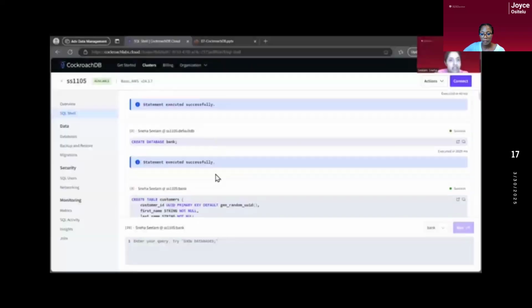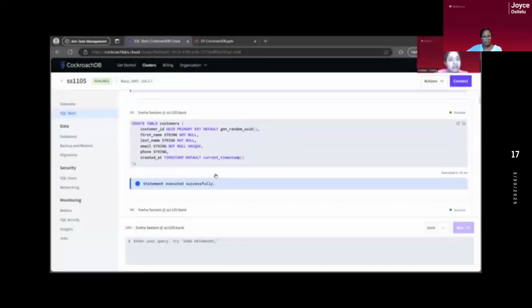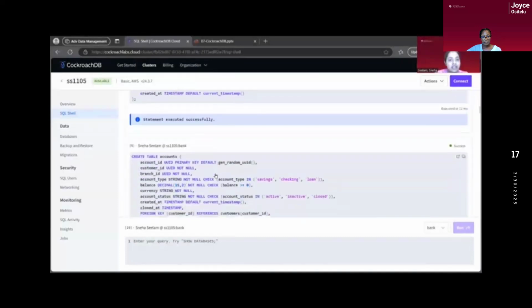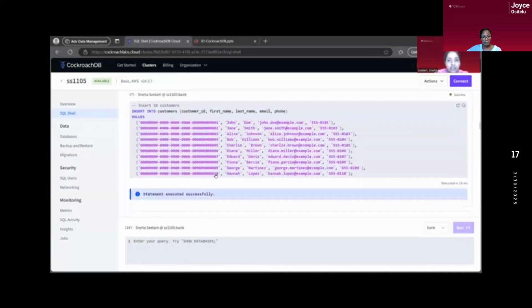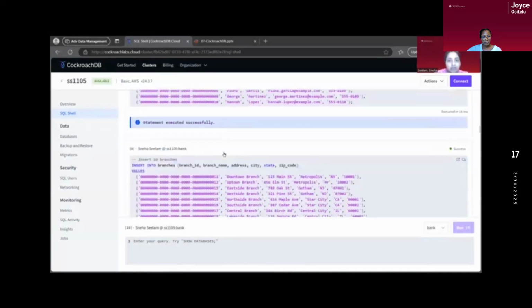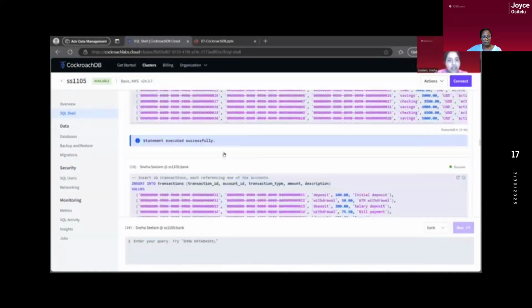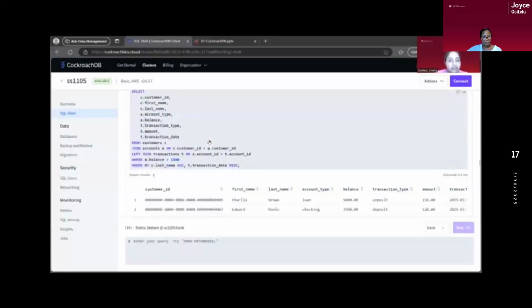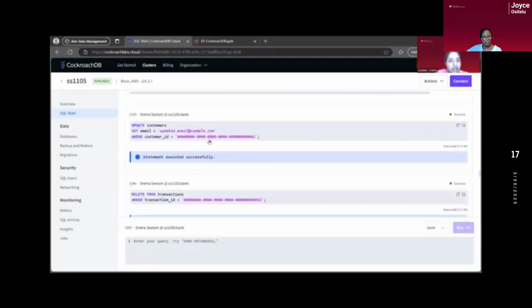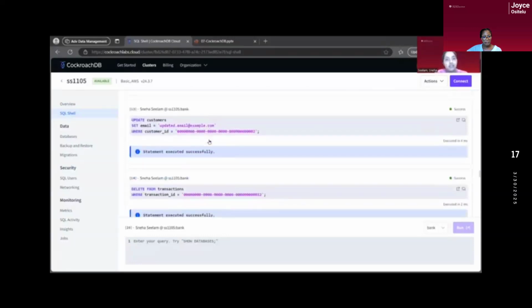Here we have created a database called bank and created a few tables, customers, branches, and accounts, and so on. We have inserted a few records into the tables that we have created earlier, and then we have performed a select star from one of the tables. And again, we have done update and delete for one of the tables. So pretty much we can see that all the syntaxes are the same as traditional SQL. So let's move on to